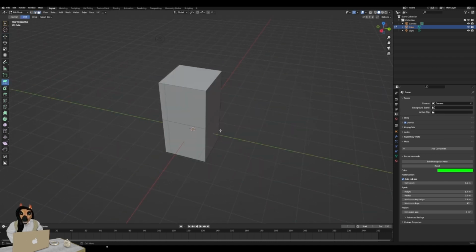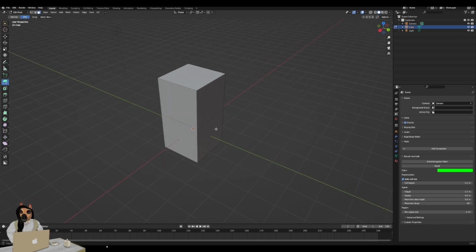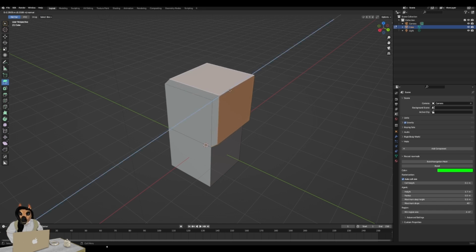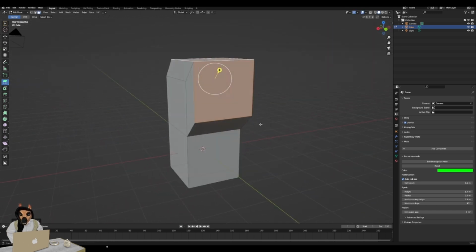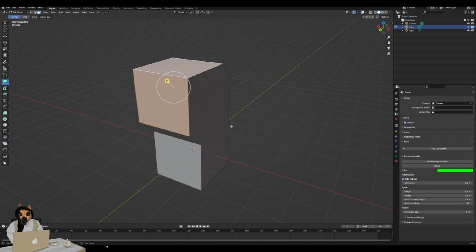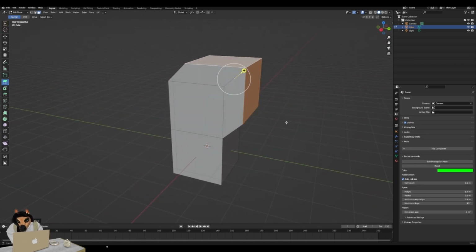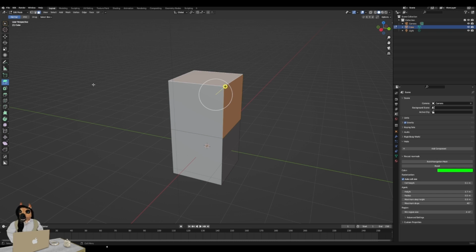An important thing to know about the extrude tool in Blender is that it has two methods of working. By default, Normal, up here, is where you will see just one yellow handle. This allows you to extrude along what's called a normal, which is the average of the direction of two faces. It can be very useful, especially for making diagonal shapes like this, but for the baseline stuff, you want to